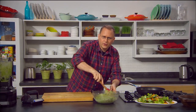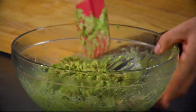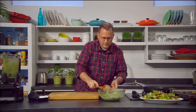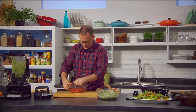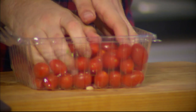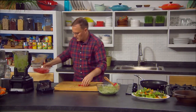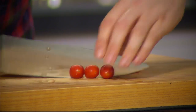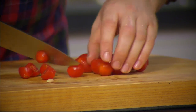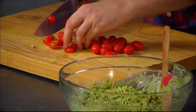When you're cooking the pasta, don't add oil. If you add oil when you cook pasta, things don't stick to it quite as easily. So, also going to add some cherry tomatoes. Got this massive container of cherry tomatoes, so I just want around about that many, so about a cup. I'm just going to cut those in half, and when you're cutting them, try and economise on your cuts. Try and cut through 3 or 4 at a time,